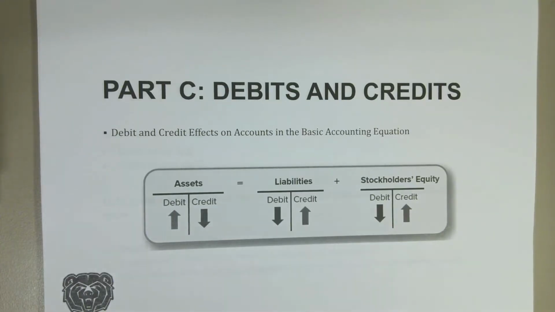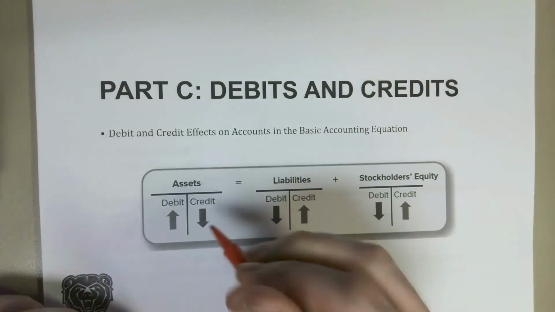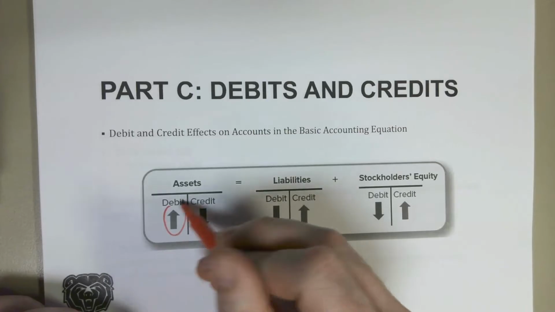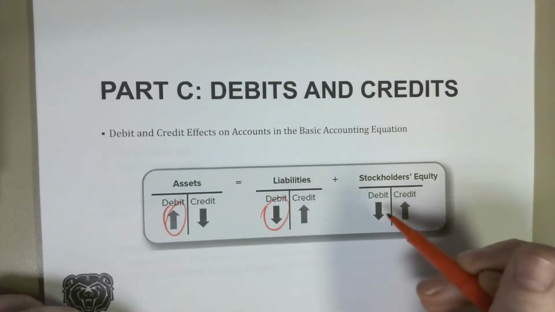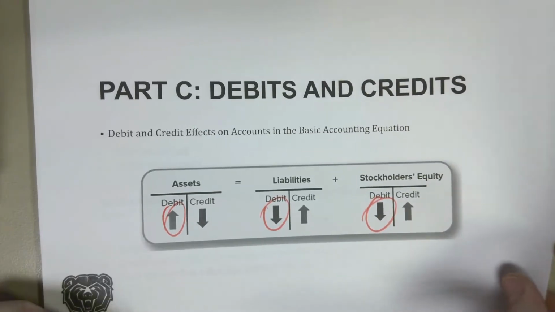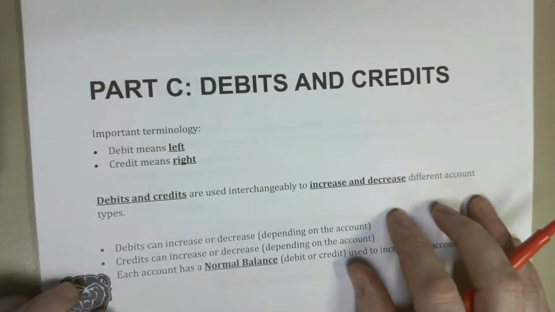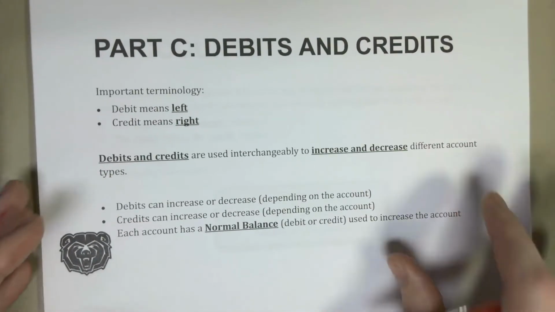Okay, so debits and credits basically are how we represent impacts on the accounting equation. You can see here we've got the accounting equation listed out again. You'll see that we're showing that assets increase with debits, while liabilities and stockholders' equity both decrease with debits. So we've got a little difference going on there. Don't worry, we're going to talk about this in depth. So it's very, very important